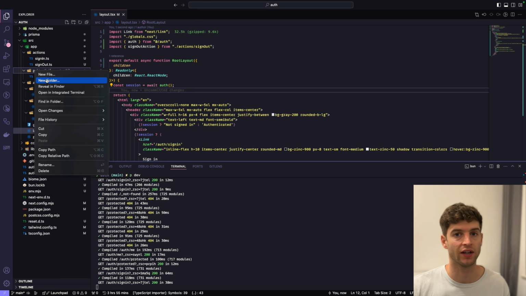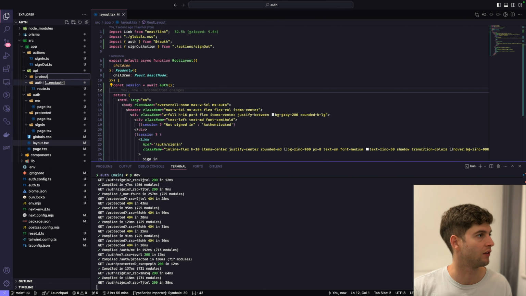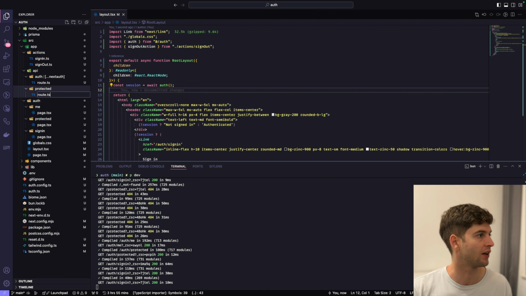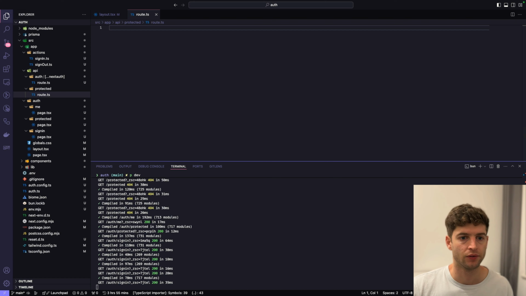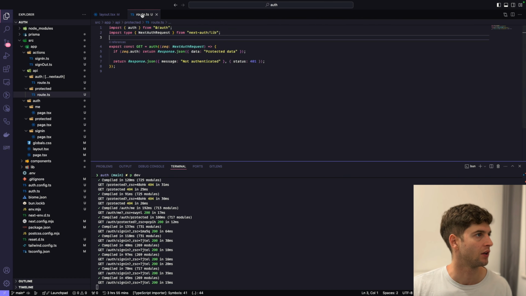Now, one other thing I want to show you is we can actually make a protected API route using NextAuth as well. So if I just do new folder, protected, and we do route.ts, it actually can create a wrapped route handler. So this is a get route handler, and it wraps it